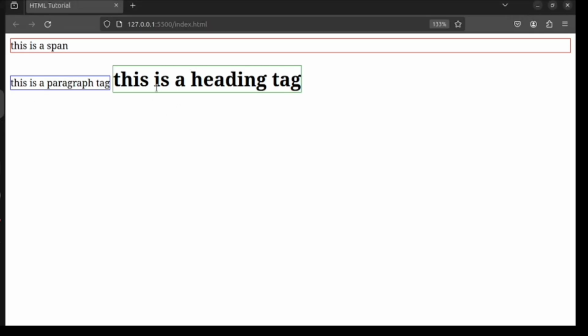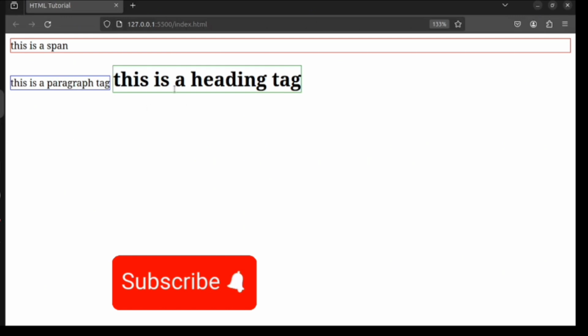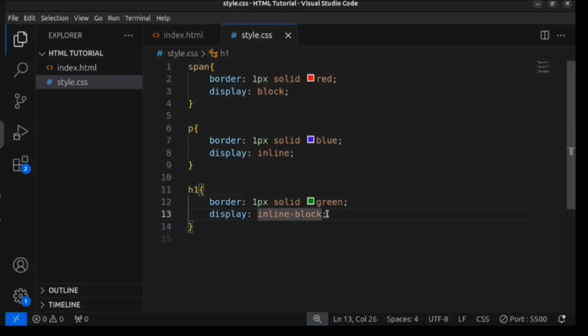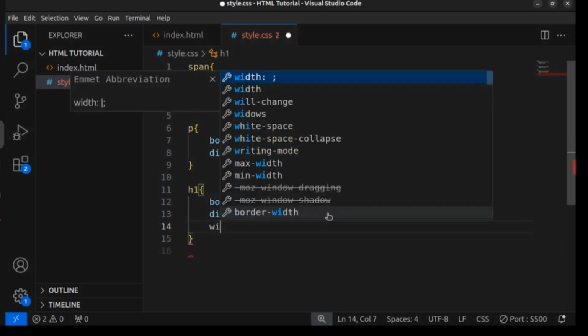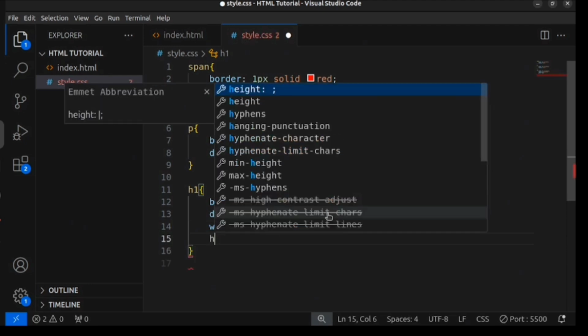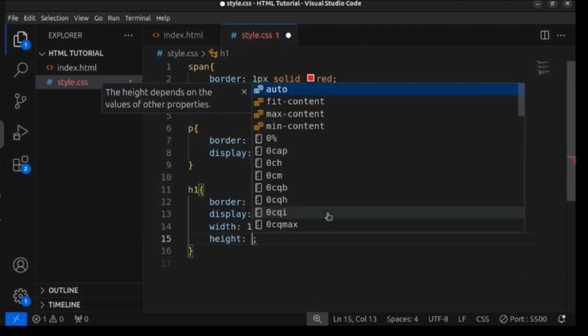And now you can see it has become an inline element. As you can see, it sits side by side to this other inline element, but now we can format it as a block level element. So let's try to do that here. I'm going to add width to it. So I'm going to add a width of, let's say, 100 px and a height of 100 px,